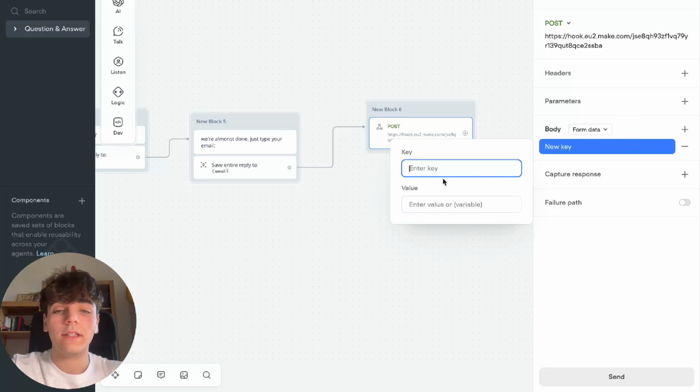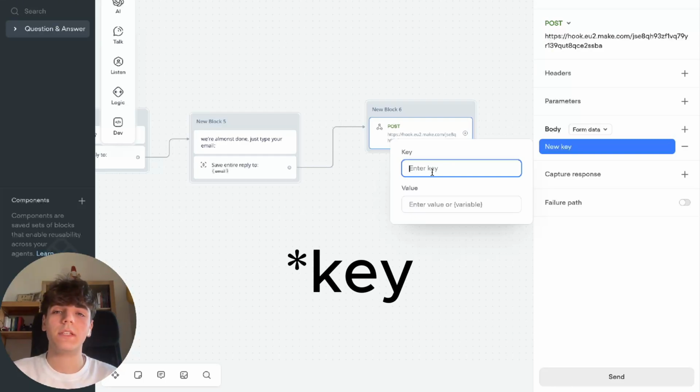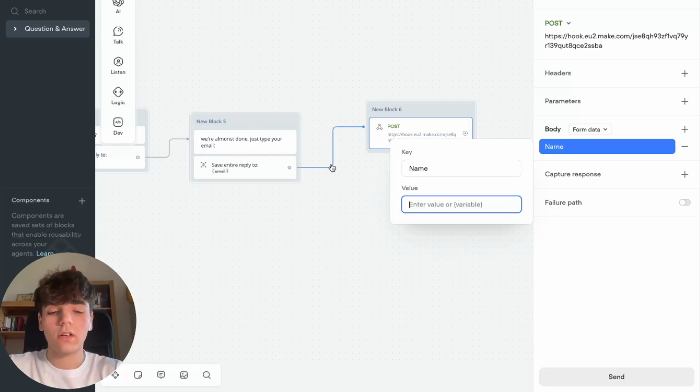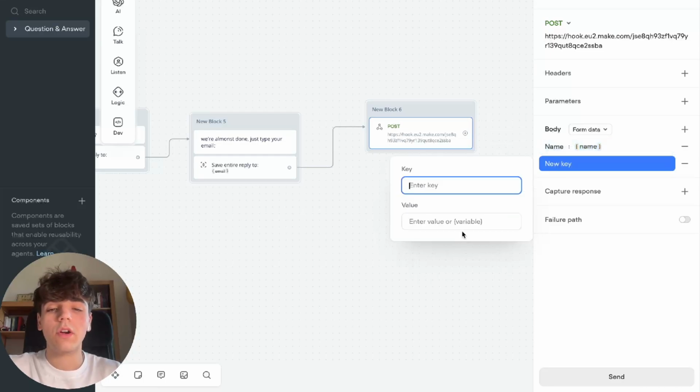So now it asks us to enter a key and a value. So the name is linked to the variable that we're gonna put in. The first thing that our customer is going to do is type their name. So let's say name, and here you have to put the variable that we have created before when doing all of these buttons, using curly brackets. So curly bracket name, and we're gonna have to do this for all the variables that we have created. So now it is property type,